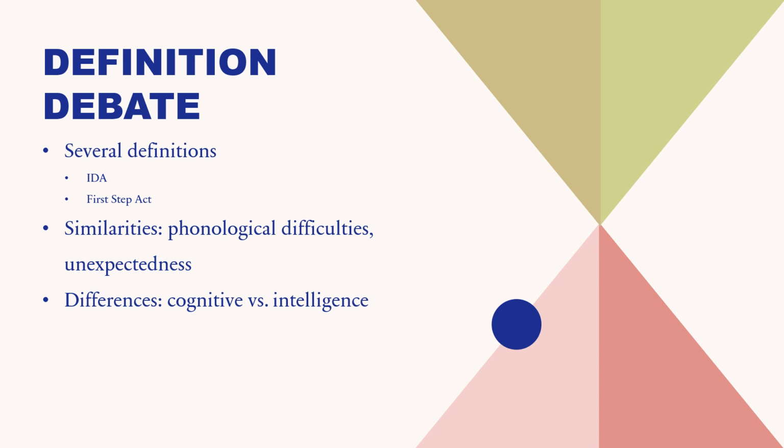So even just between these two definitions, which I know there are various other definitions as well, there are several similarities, such as the mention of phonological difficulties. They mention unexpectedness. However, there are also key differences, one of them being the mention of a cognitive discrepancy versus an intelligence discrepancy. So the First Step Act is the one that mentions intelligence, which implies that the identification of